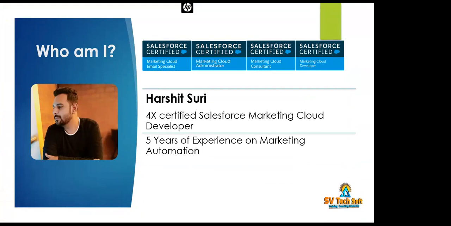So I will be helping you to give you a brief idea on the Salesforce Marketing Cloud platform, and what all stuff we can perform on it, why it is built, and what is the need to have a different marketing cloud apart from the existing Salesforce development org. Everything today I'll be making clear. So let's start with our session today.